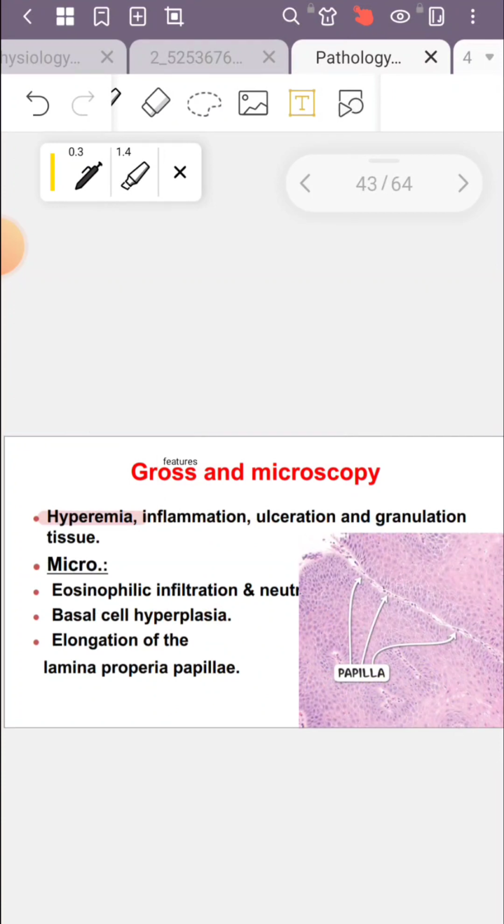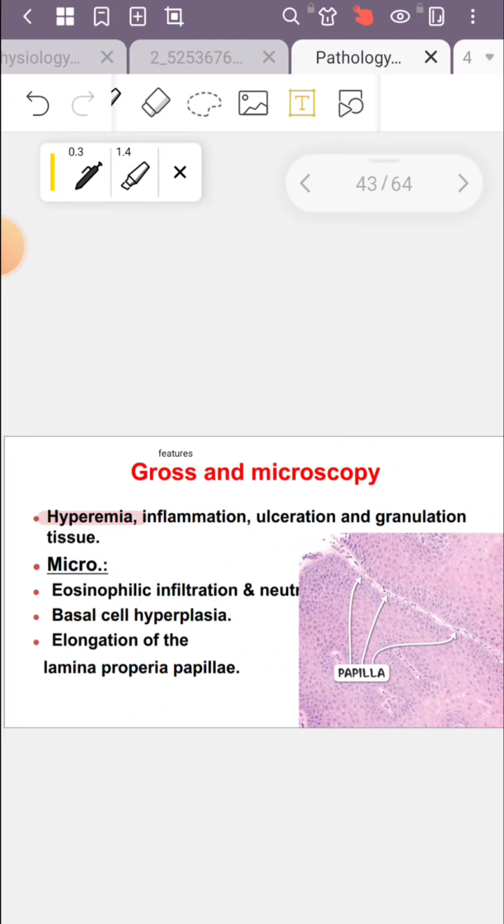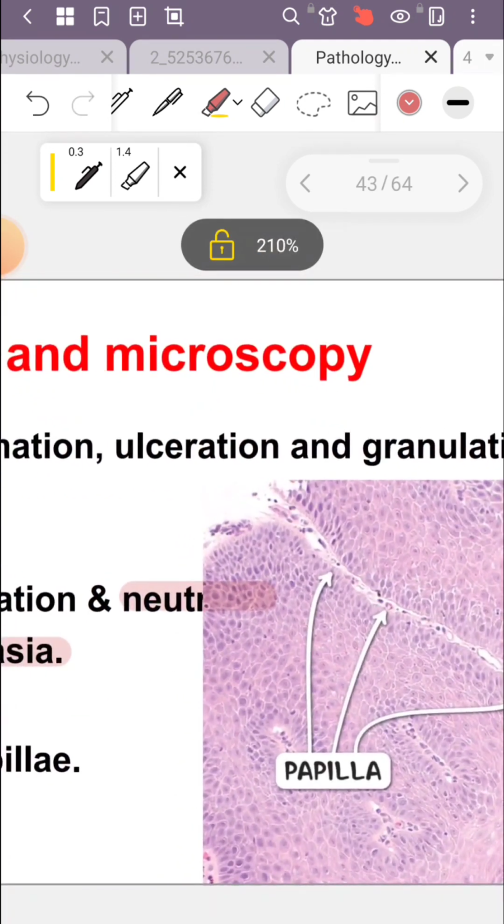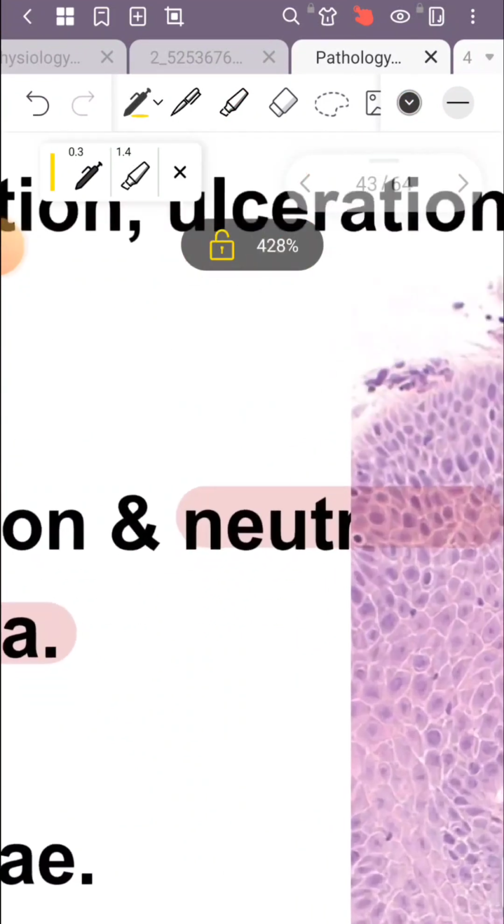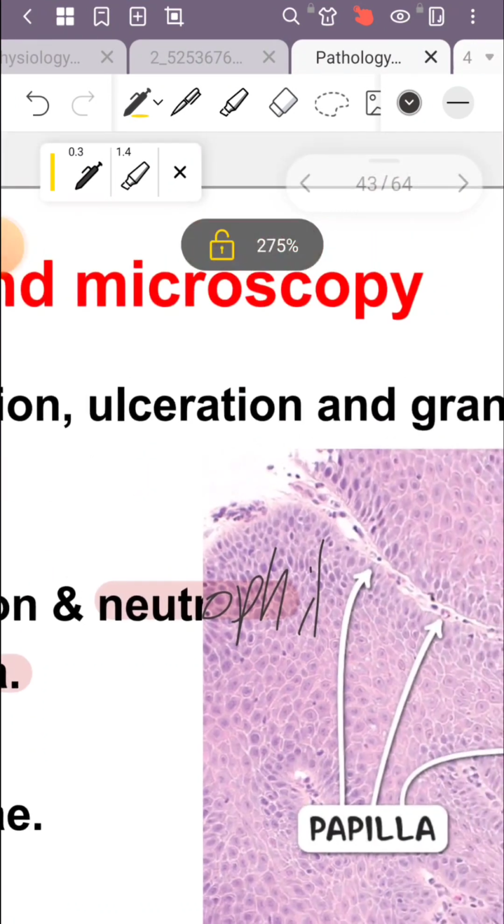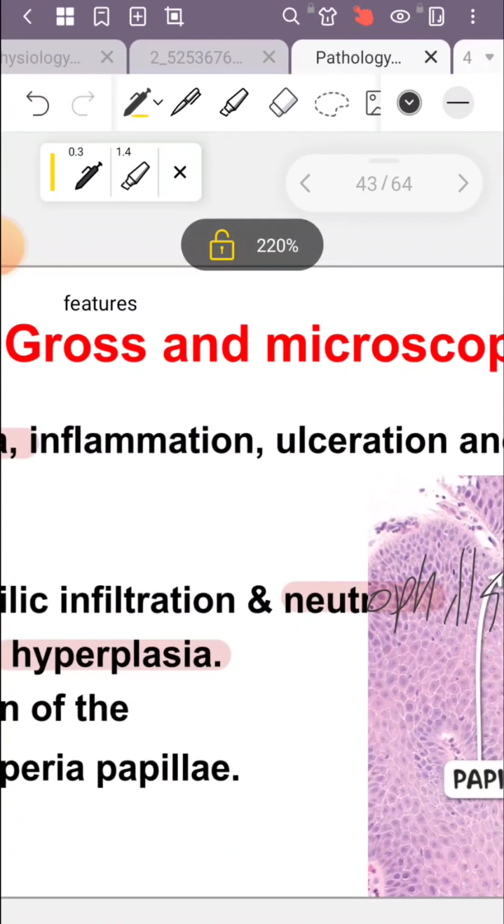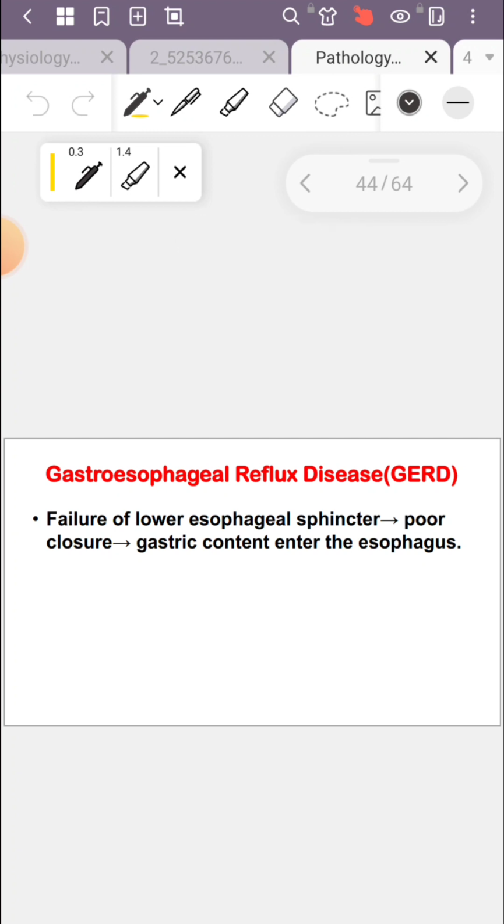Here, guys, esophagitis, infiltration by neutrophils and eosinophils, basal cell hyperplasia, hyperplasia in the basal cells of the lower esophagus to replace the damaged cells, with elongation of lamina propria papillae due to hyperplasia and replacement. Gastroesophageal reflux disease or GERD is related to failure of complete closure of the lower esophageal sphincter. So gastric content will protrude or enter into the lower esophagus